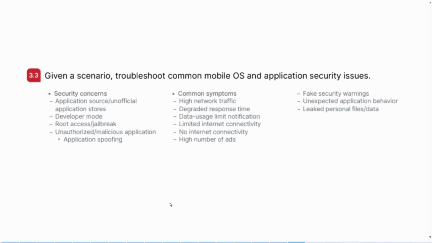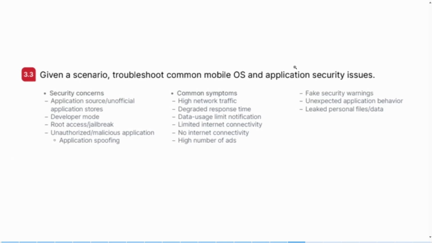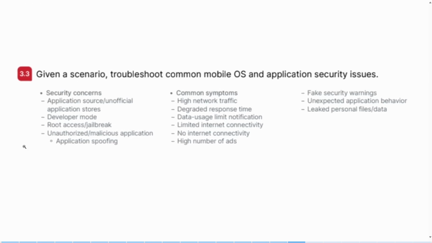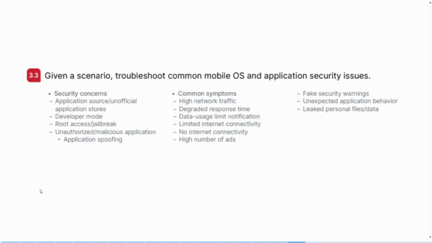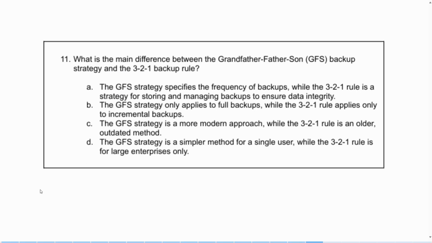Okay, so it's all largely going to be centered around malware or security vulnerabilities as well. All right, the last question is, what is the main difference between the grandfather, father, son backup strategy and the 3-2-1